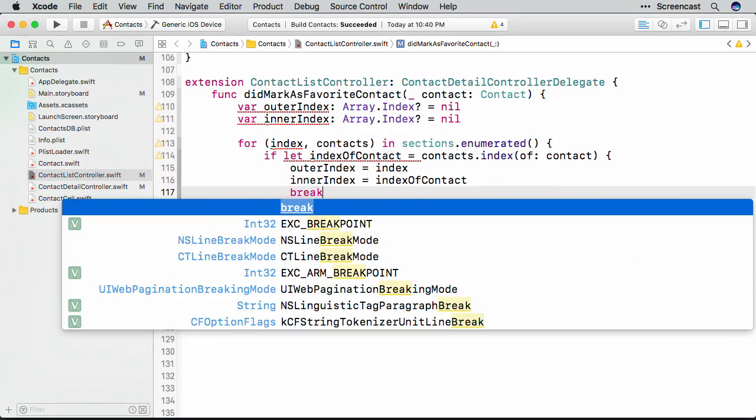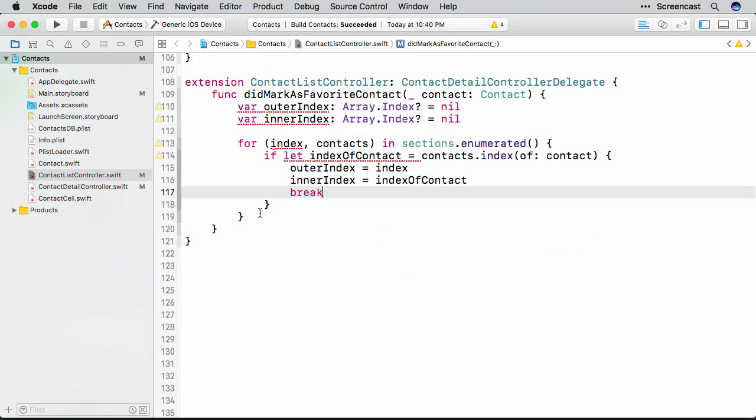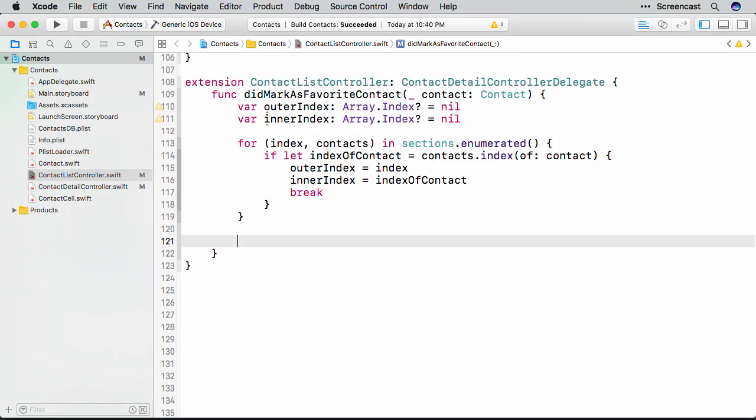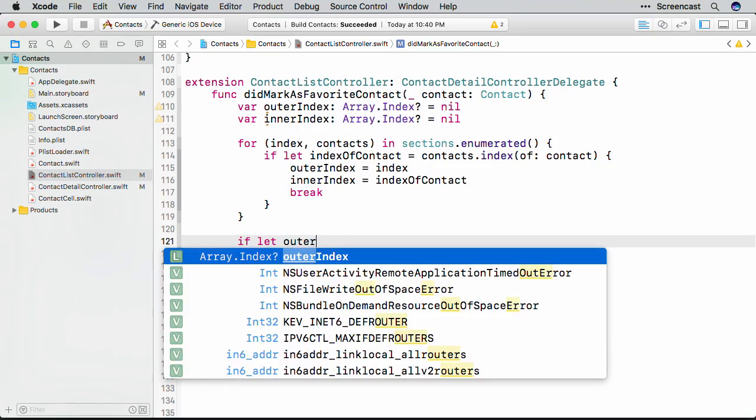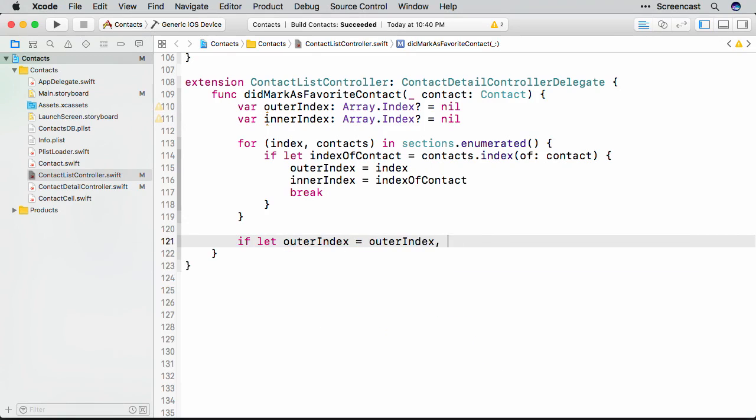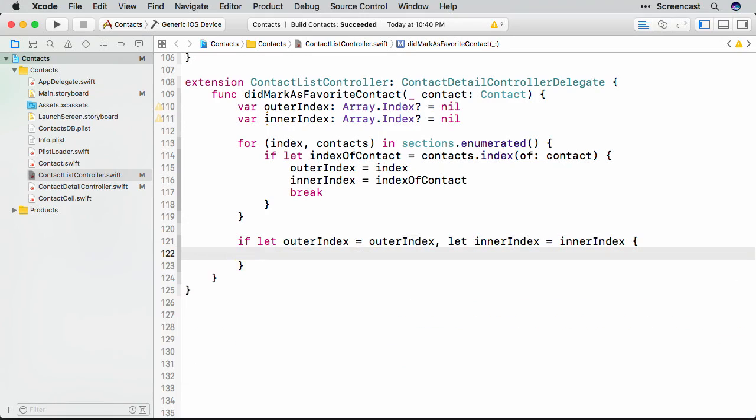And the second we do this, once we get the index values we want, we're going to break out of the loop. Now, after the for loop, since these variables hold optional values, after we break out of the loop, we'll unwrap them using a guard statement. So we'll say if let outerIndex equal outerIndex, let innerIndex equal innerIndex. And inside, we can finally write the code that we want to write, which is to get the contact out